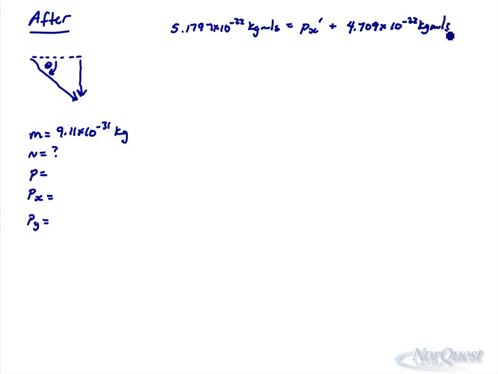So I can find that X component: 5.1797 exponent negative 22, subtract 4.709 exponent negative 22. So we get the momentum of the X component for the electron turning out to be